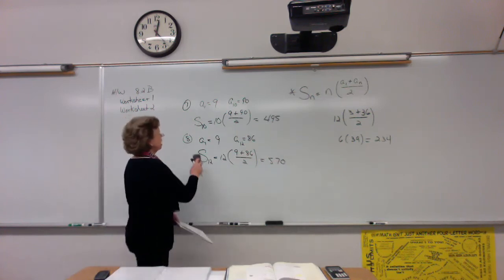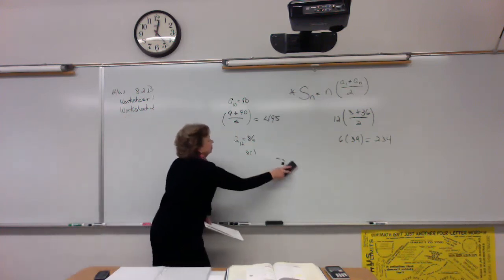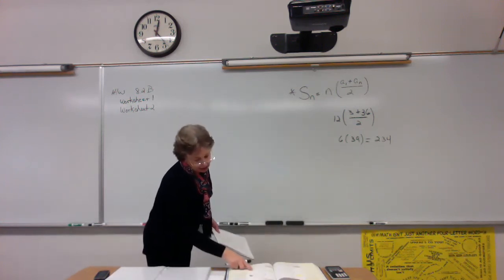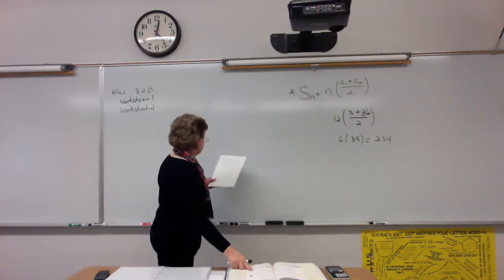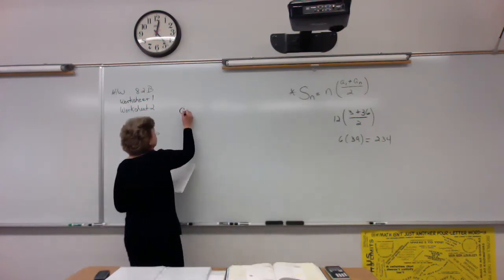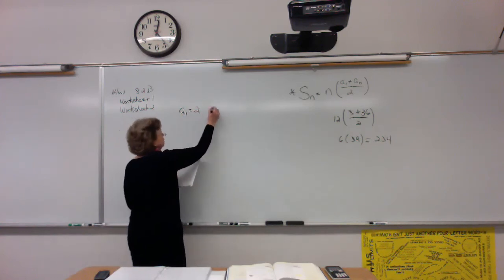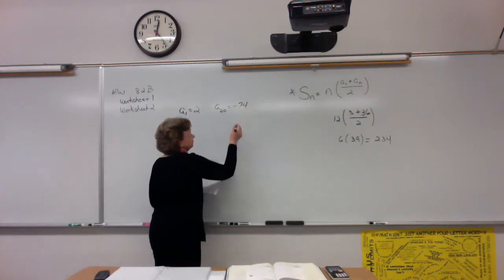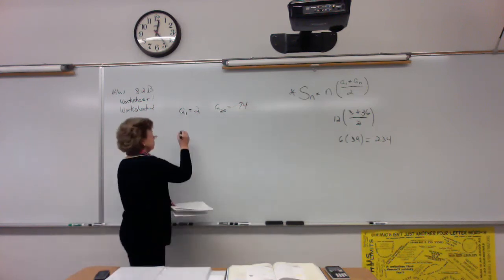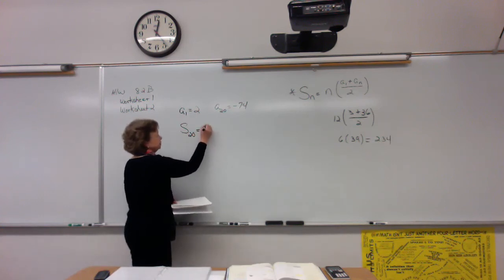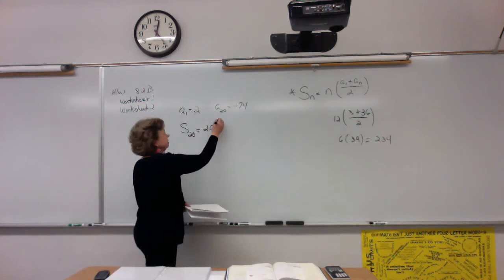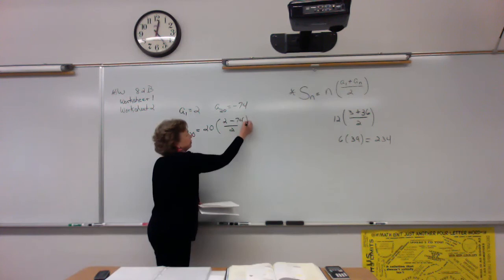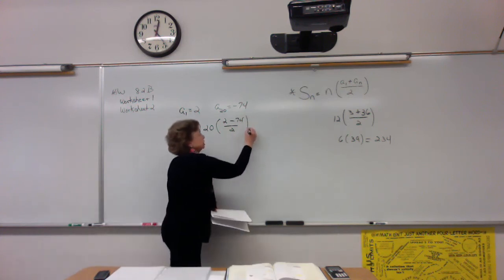And then if we look at number 9, they gave you a sum that ranges from n to 20. And so that first term, applying that formula, is 2. And the 20th term, I'm plugging back in and finding that's negative 74. So the sum for those 20 terms is going to be 20, because there are 20 terms. The first term is 2. The last term is negative 74. You're dividing by 2. And when you do that, you should end up with negative